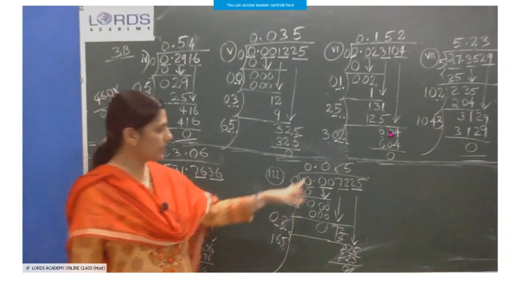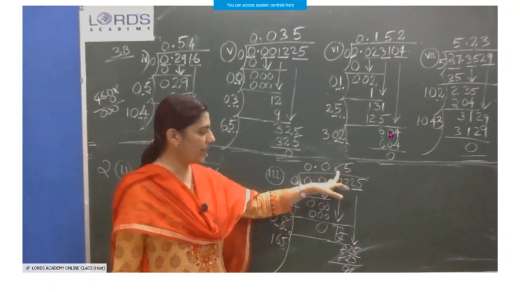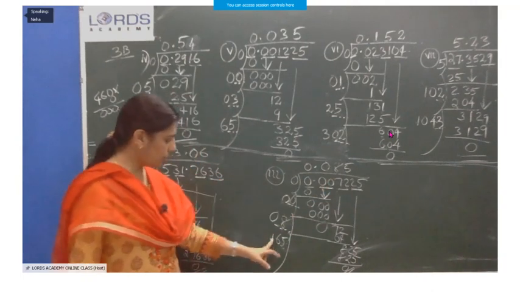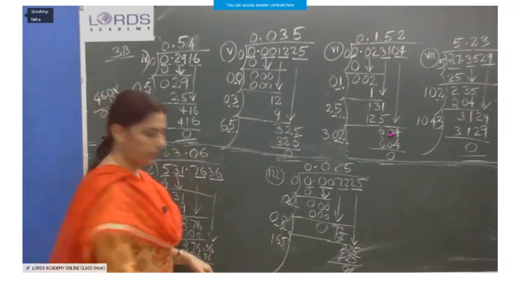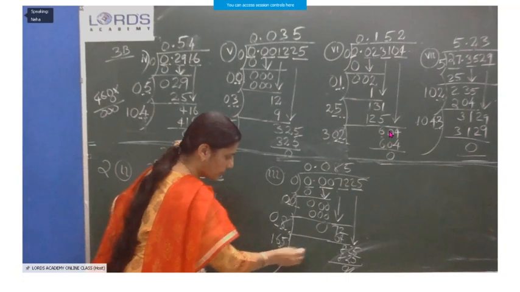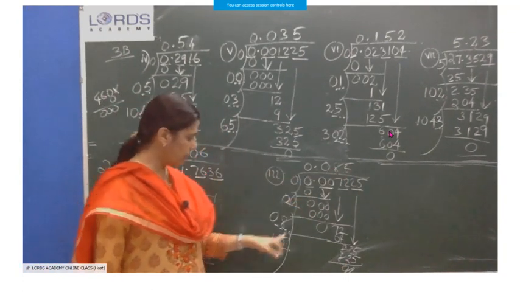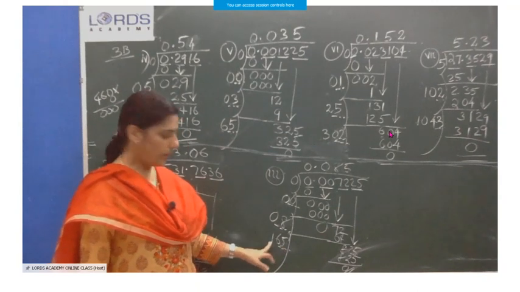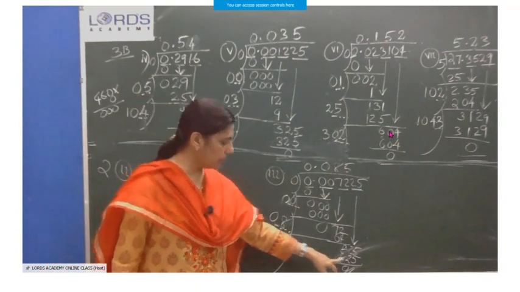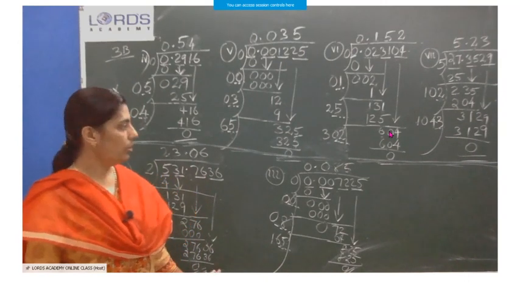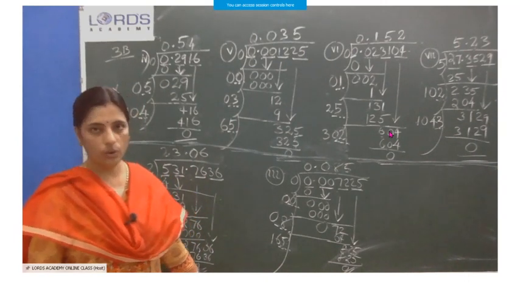Then what's the new divisor? Now what's the new divisor? 0.08 is there. That means what's the digit? 8. It's double 16. And you have to find one more number to satisfy this 825. What is that number? 5. 165 into 5, you check. 165 into 5. Correct, you will get 825. Remainder is 0.